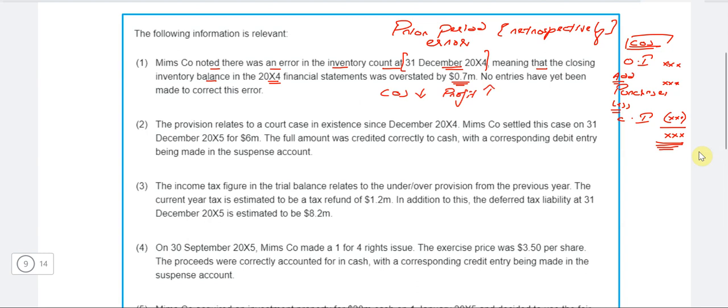So that means what you need to do is you need to perform the double entry, and there's no need to show this double entry in the exam. I'm just telling for your knowledge. So what we need to do is we need to